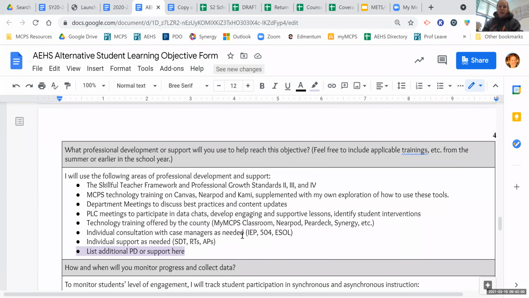Then listing professional development and support that will help you reach this objective. Again, these are things that you are currently doing to support your students and incorporate this into your instruction. If you've done other PDs or you have other supports in place, you can definitely add them. This lists the county trainings that have been offered, if you've been attending those, if you've gone to office hours,